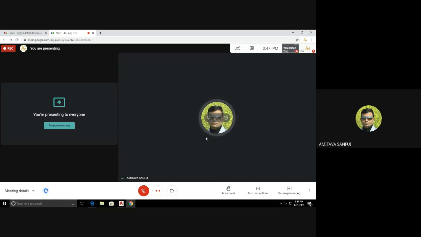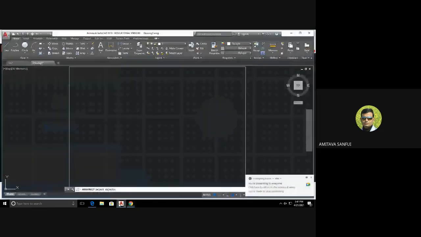So in our previous classes, in our first lecture, we discussed how to set up a margin, and in our previous lecture we came to know what commands are used in AutoCAD, under the draw and modify commands. There are a number of commands, and we came to know the use of each command. Now in this class we will draw a figure and use all the commands. Okay, so let me share the screen.